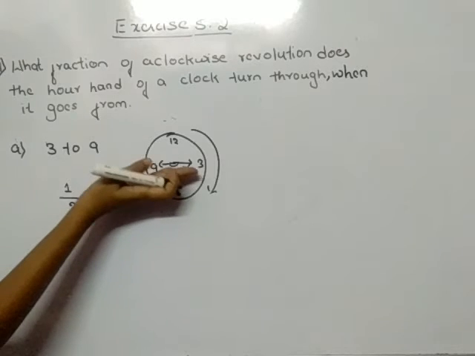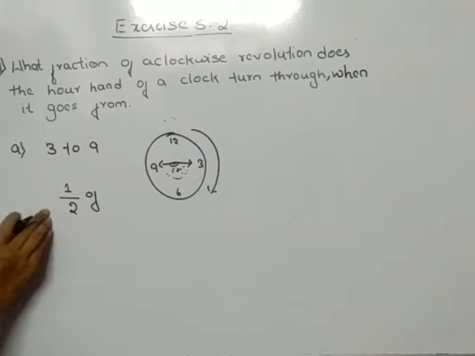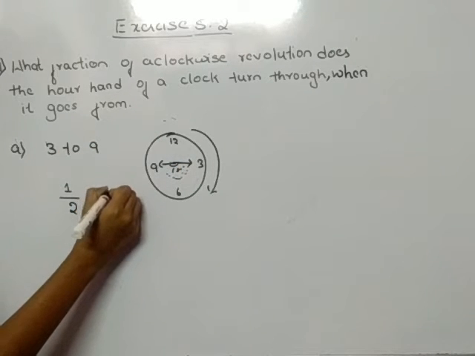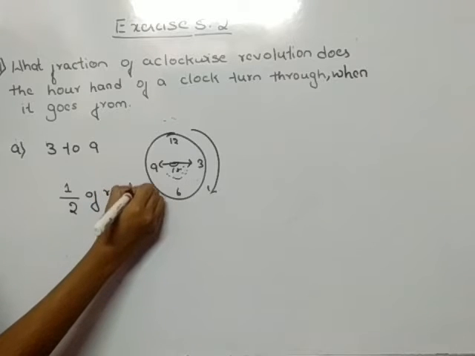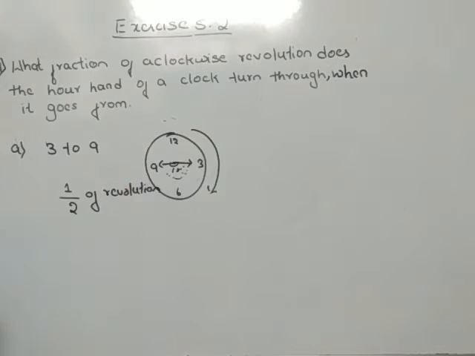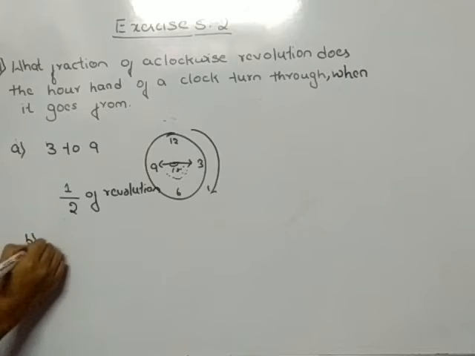So out of 2 straight angles we are getting only one straight angle. That is half of a revolution now. So we'll write half of a revolution. Then similarly we'll go for the second one,